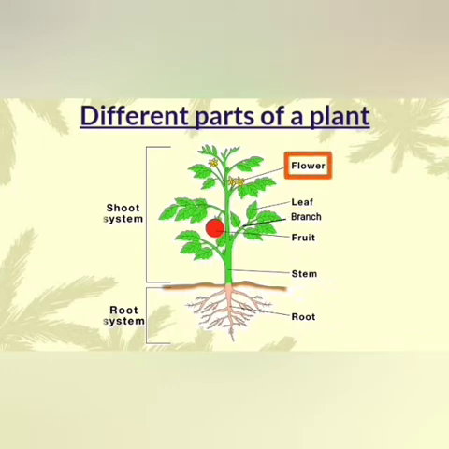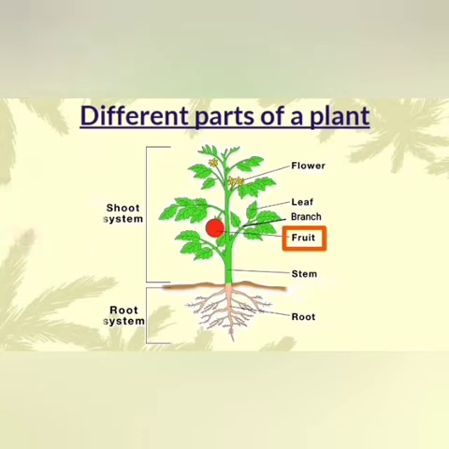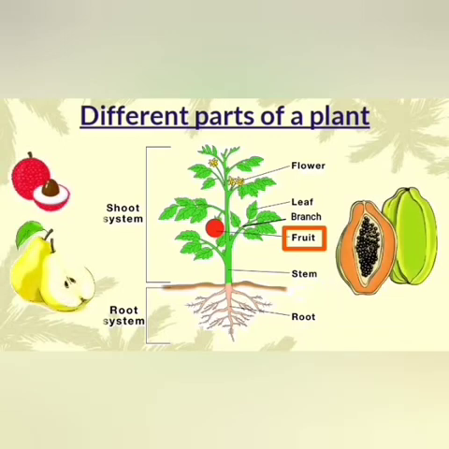Flowers. It is the most beautiful part of a plant. The flowers produce seeds of the fruits. Now, let's talk about fruit. Fruit is the most tasty part of a plant. Many flowers grow into yummy fruits, which we eat. It has seeds inside. Some fruits have one seed, some have two, and some fruits have many seeds that grow into new plants. I'm sure you love eating fruits, right?